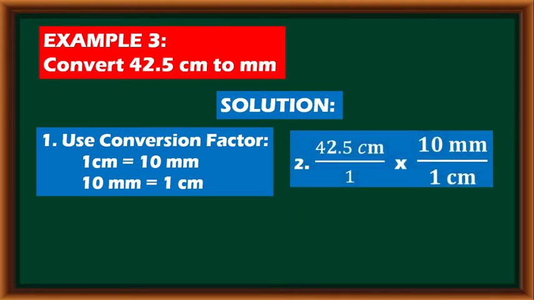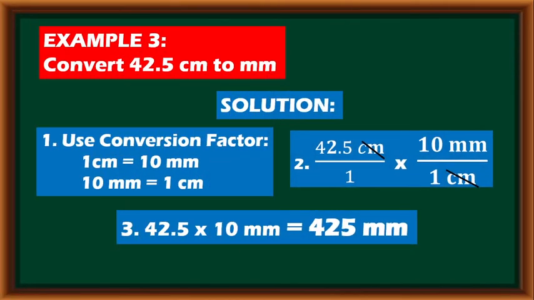So 42.5 centimeter over 1 multiplied by 10 millimeters over 1 centimeter, so that you can cancel out centimeter and centimeter. So remaining now is 42.5 times 10, and that is 425